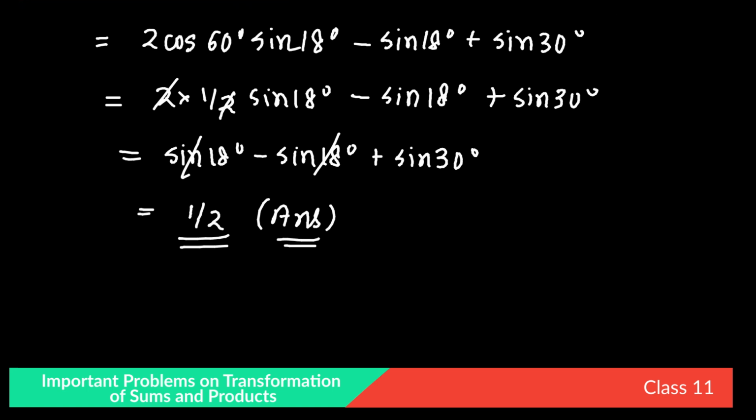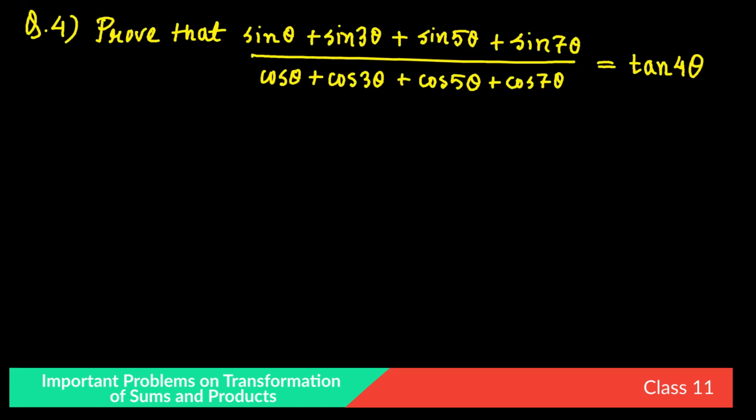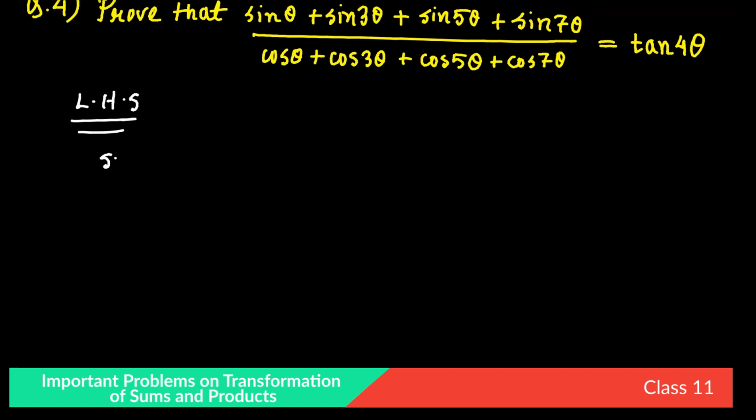Okay. Now we move on to fourth question. It is given, prove that sine theta plus sine 3 theta plus sine 5 theta plus sine 7 theta by cos theta plus cos 3 theta plus cos 5 theta plus cos 7 theta equals to tan 4 theta. So at first we take the LHS. So sine theta plus sine 3 theta plus sine 5 theta plus sine 7 theta